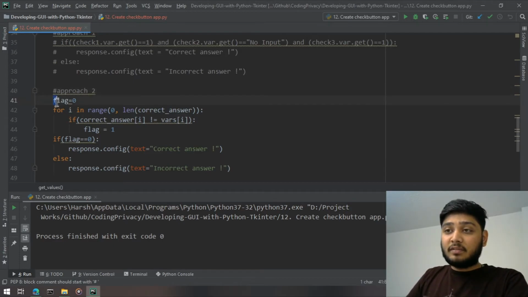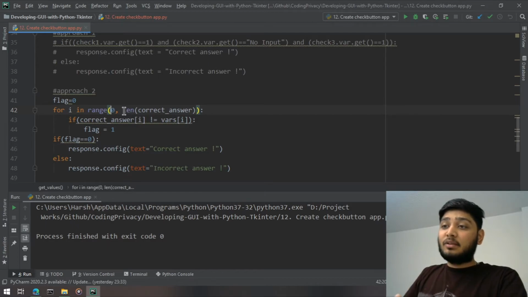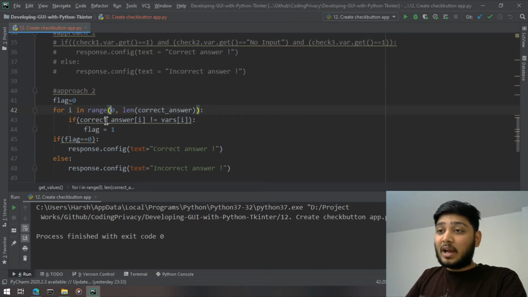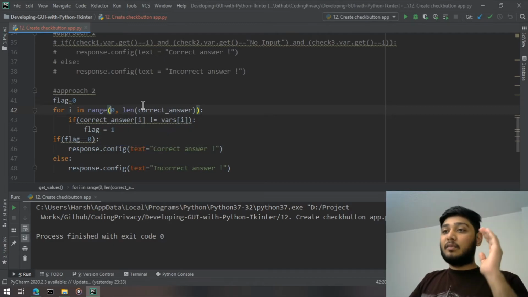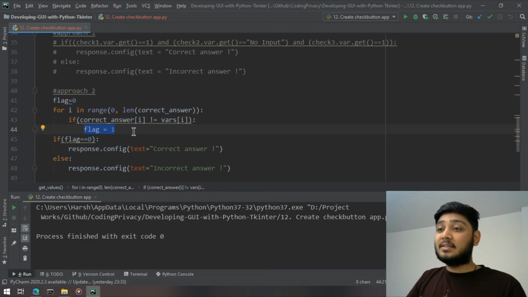So what I've done is flag is equal to 0 is the variable I have used, and then I am looping from 0 to the length of the list, and then while I'm looping it, I'm checking the conditions. So the moment the index value, like the correct answers, let's say 0th value of the correct answer is not equal to the 0th value of where's list, then its flag is equal to 1, because it's an incorrect answer, right?